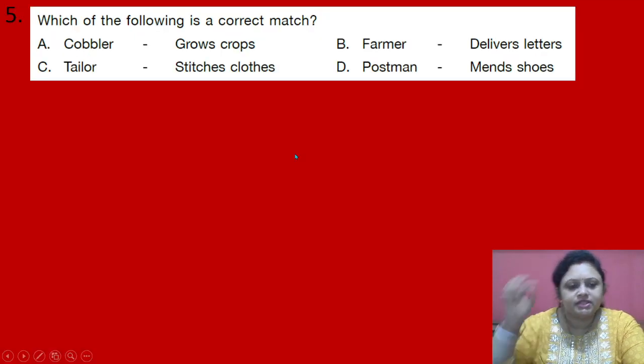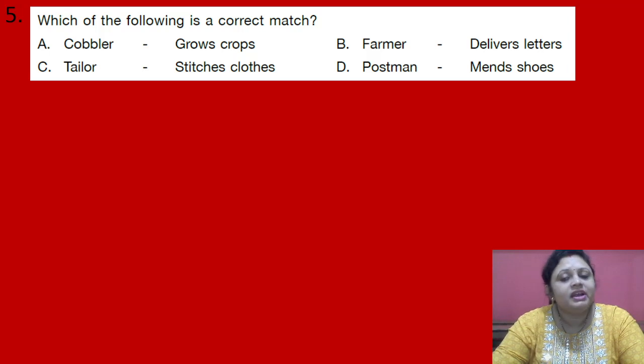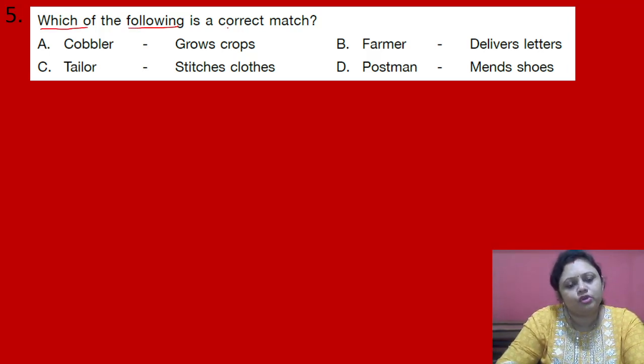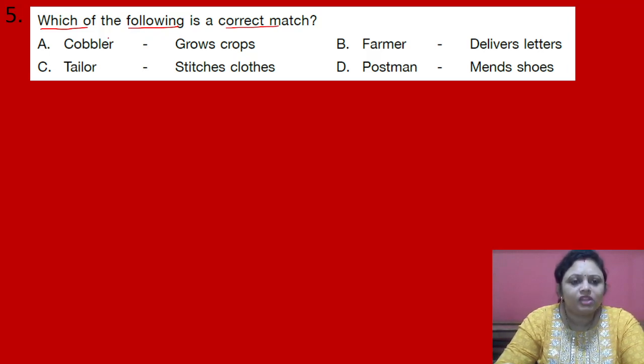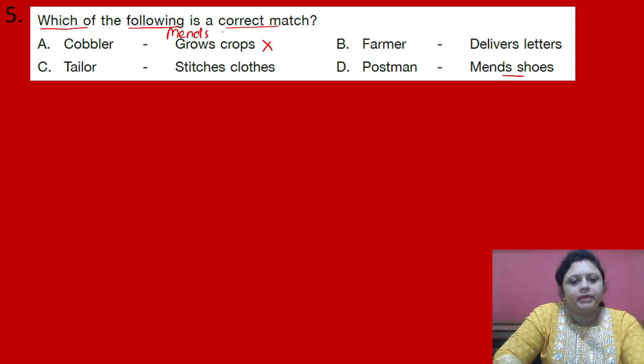Coming to the next question, which of the following is the correct match? Options are A. Cobbler grows crops, B. Farmer delivers letters, C. Tailor stitches clothes, D. Postman mends shoes. So we have to find out which of the following is the correct match. Cobbler grows crops? No, cobbler mends shoes. Okay, cobbler mends shoes. Then farmer delivers letters? No, farmer